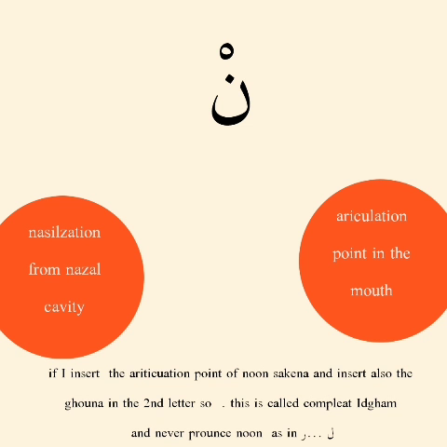Now here, with nun sakina, it's important to know that it has two important things. The first one is the articulation point in the mouth, and the second is nasalization from the nasal cavity, which is ghunna. Now you know idgham is insertion, okay? Insert something into another thing, okay? If I insert the articulation point of nun sakina and also the ghunna